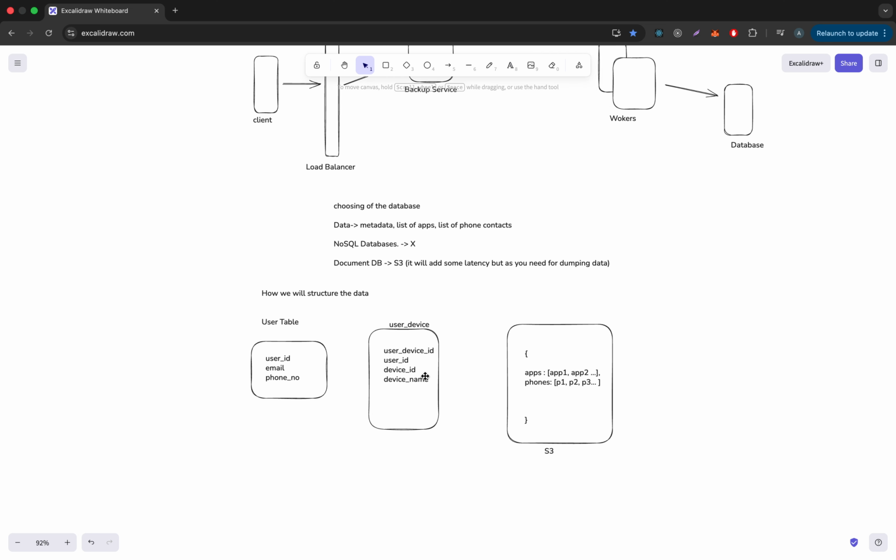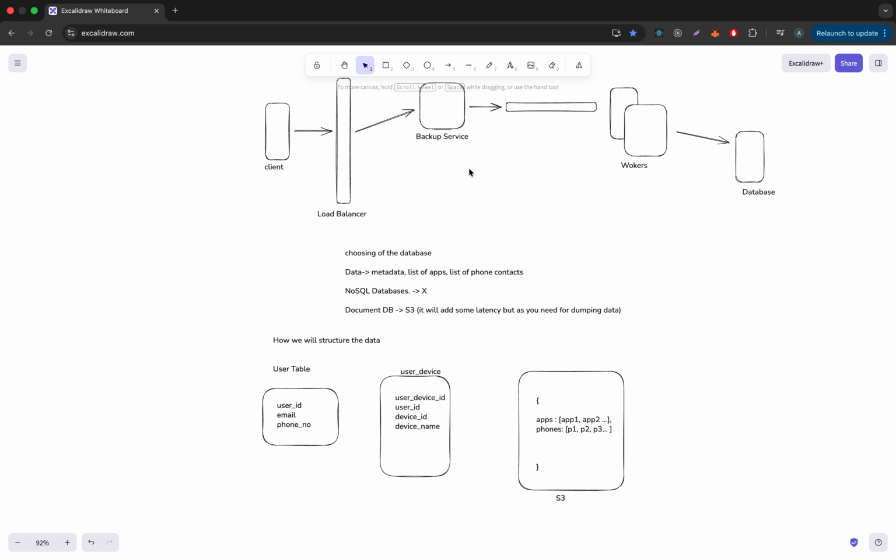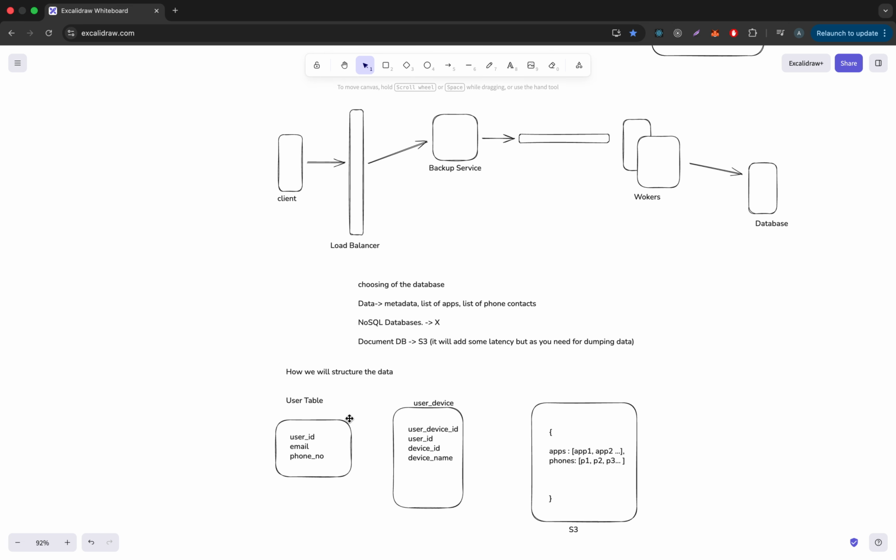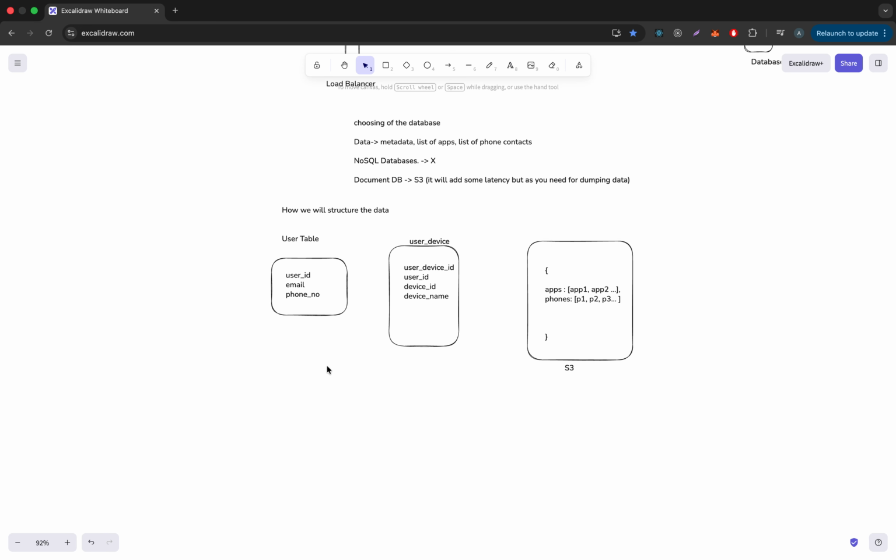Why I have made a device here is also a question. Let's suppose a client can have multiple devices. So whenever he selects the email, you can have an option to select multiple devices, right? And then he can go to know. So let's now quickly jump into the API structure,